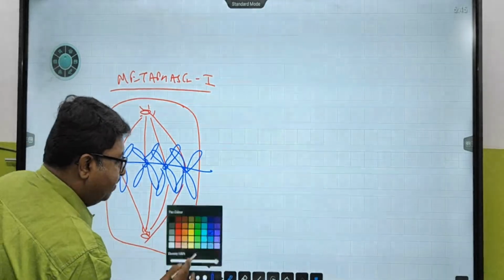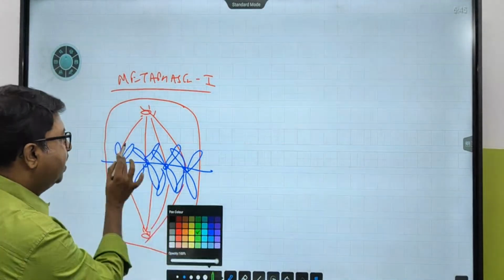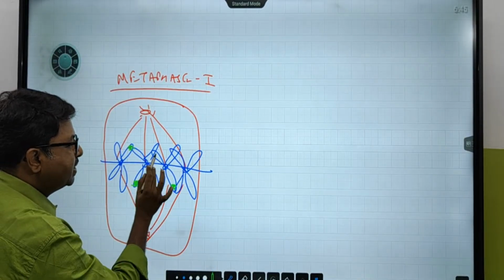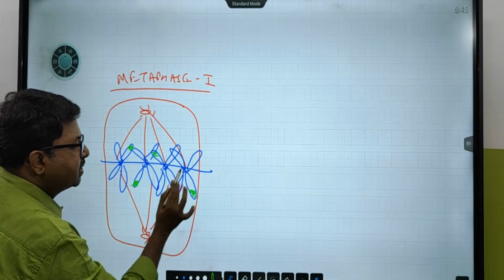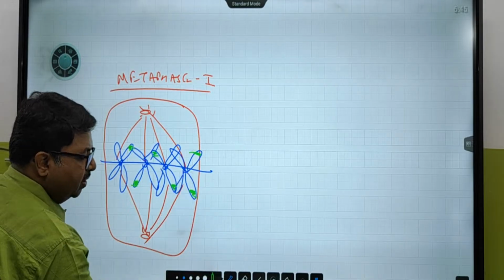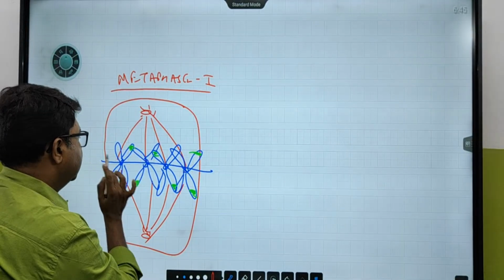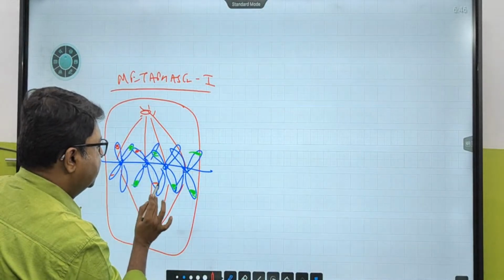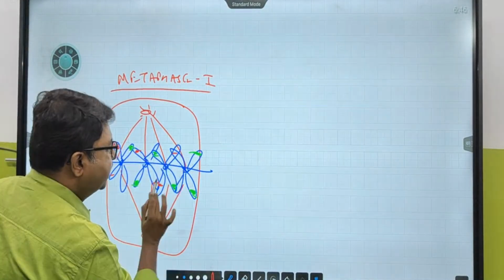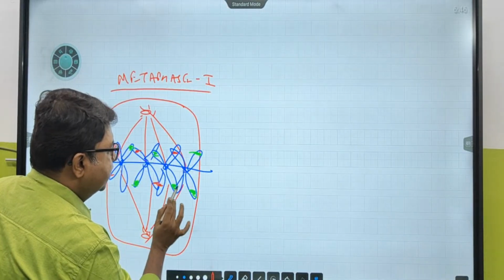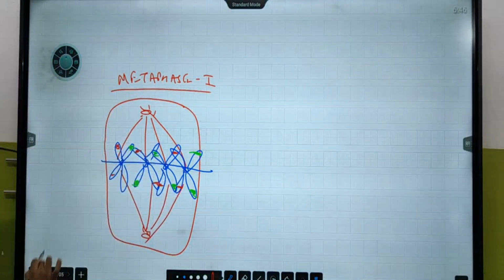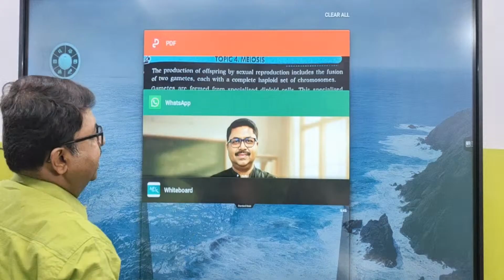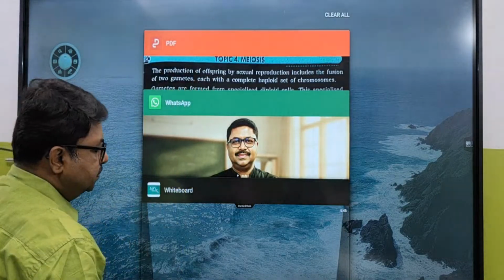But we can see some segments are present which are different. What has happened over here? Some exchange has occurred, and this exchange has been due to what? Due to crossing over. So you can see this in your NCERT. If you see the NCERT about this stage,